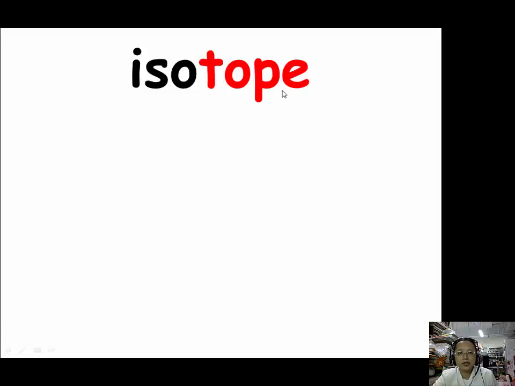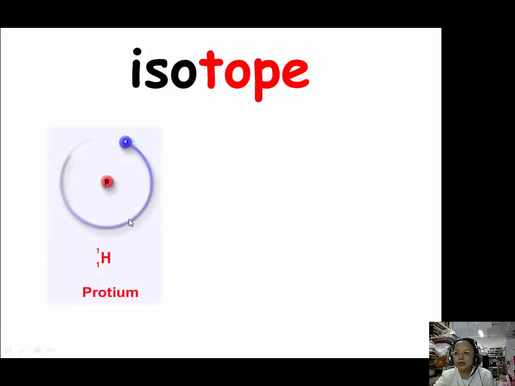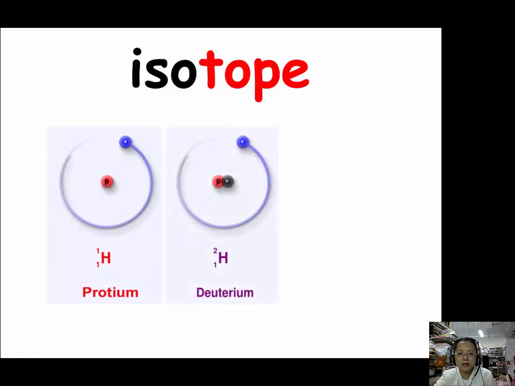Our example for the suffix tope is isotope. Isotope. Now, iso means the same. Remember, we learned that the prefix iso means the same, and then top is place. So isotope means same place as on what? On the periodic table. And isotope is a chemical element having the same atomic number, the same number of